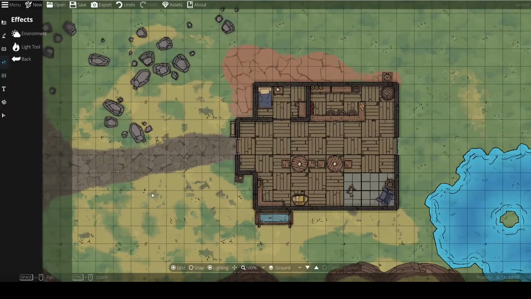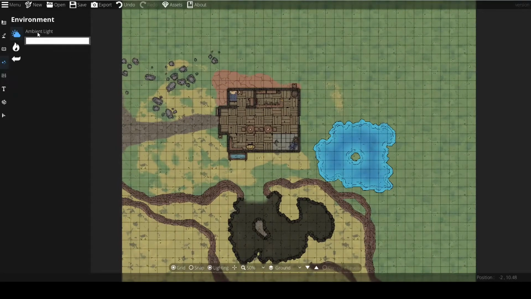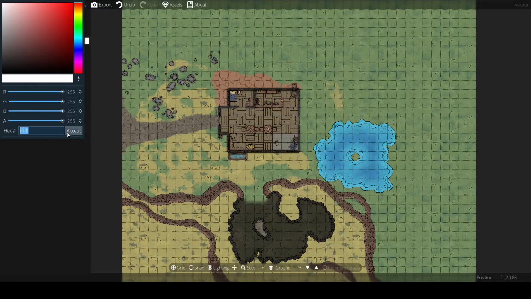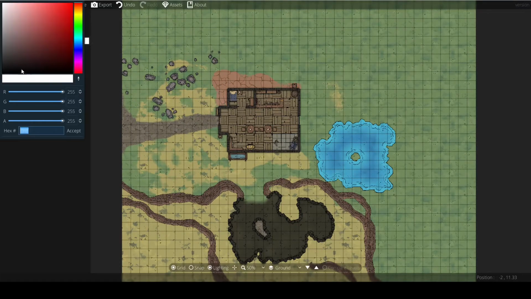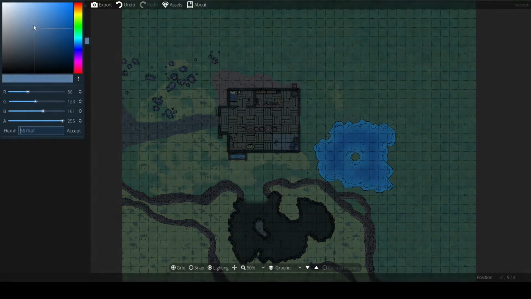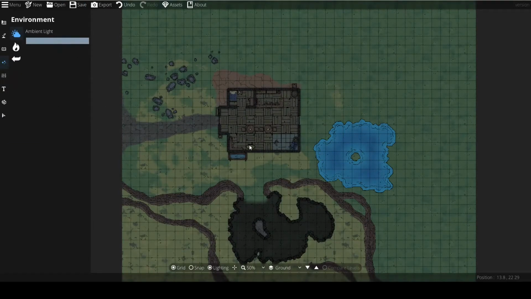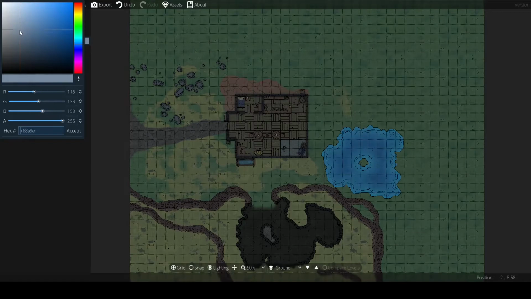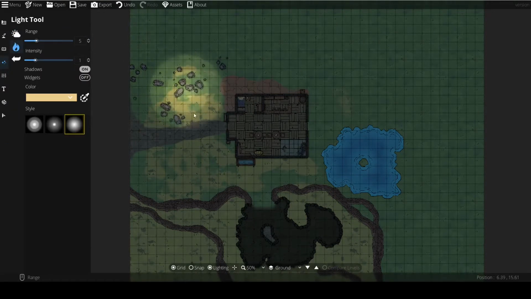Lighting for Dungeon Draft is useful in a lot of different ways. Ambient lighting and the light tool. These are the two options that you have. Ambient light is the light in the setting. I would recommend keeping it in the blue range. Blues tend to be good for a darker shade. With ambient lighting, if you want to make a darker scene, keep the ambient light low, a little bit towards the bluish side, and then add